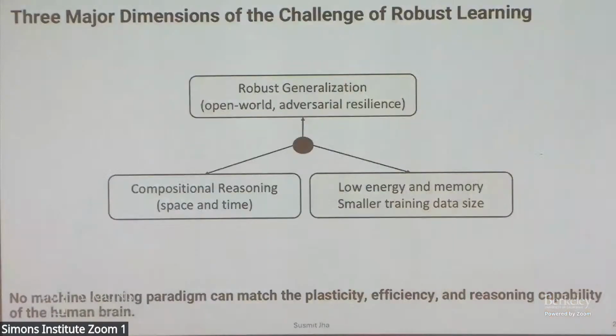The first dimension is obviously about generalization, that how do we create models that are capable of operating in completely novel environments and are robust to adversarial perturbations. The second dimension is that are these models capable of at least some level of reasoning? Whether it's symbolic or not is a question about how you implement it, but they need to have the capability to be able to reason about the world out there. And third, most importantly, is that they have to be efficient in terms of how much data we require to be able to train them, because there are many domains where the amount of data available is always going to be sparse. Also, in terms of compute, how much compute we require to be able to actually build these models, and the size of these models.